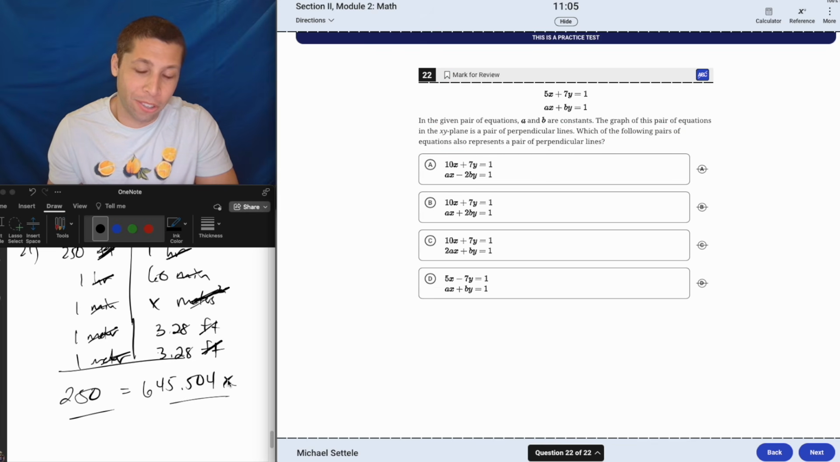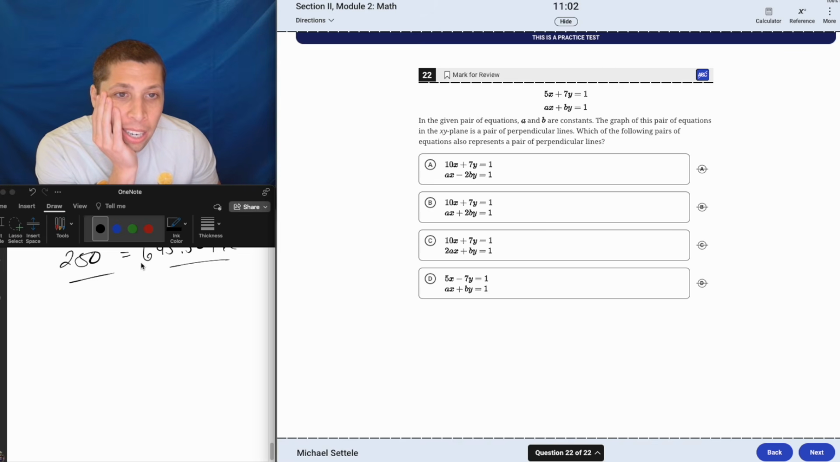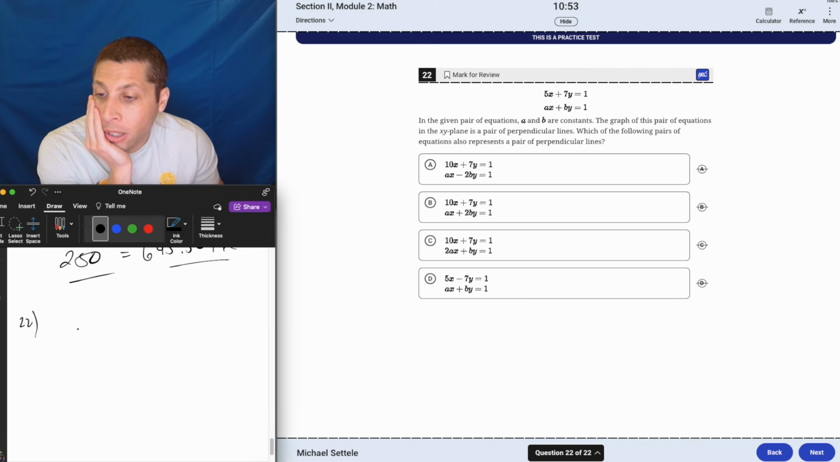Oh, I've seen this question too. Oh, there's so many repeats on this test. Okay. Which form also represents a pair of perpendicular lines? Okay, so I need to know the values of A and B. Let's do that first, right? So